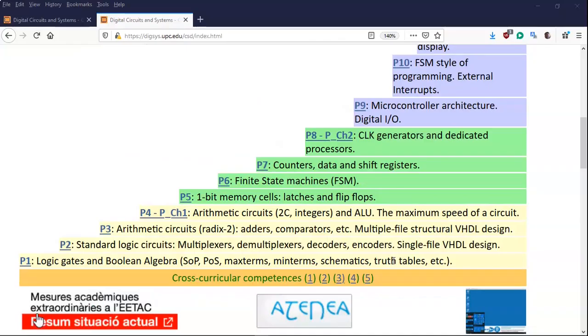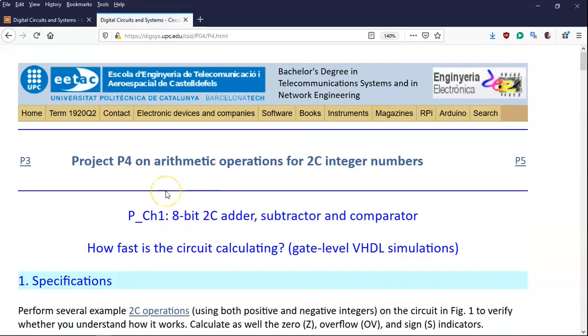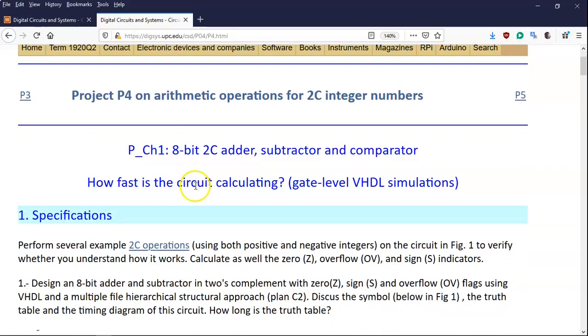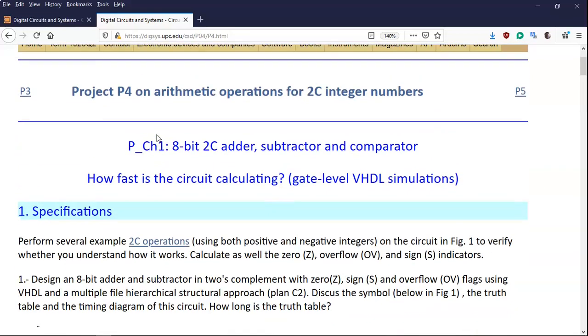So the example that we will develop is an arithmetic circuit. If you have to start, it's going to be something from P3 or P4. But because it's a two's complement circuit to work with integers expressed like that, it has to be in P4. So probably the circuit, the adder subtractor 10-bit, and the selectable one has to be something that you find here in P4. Or perhaps,